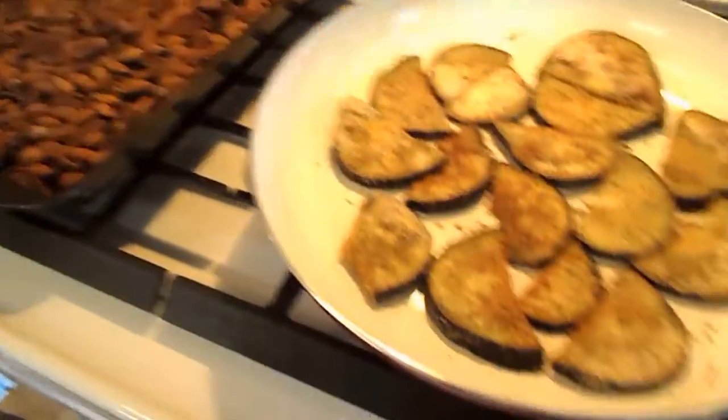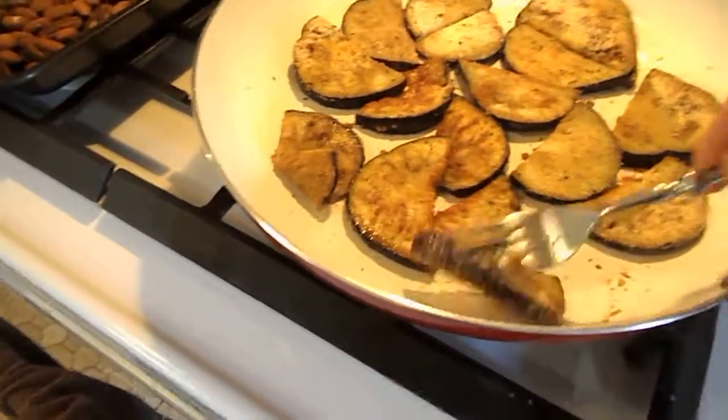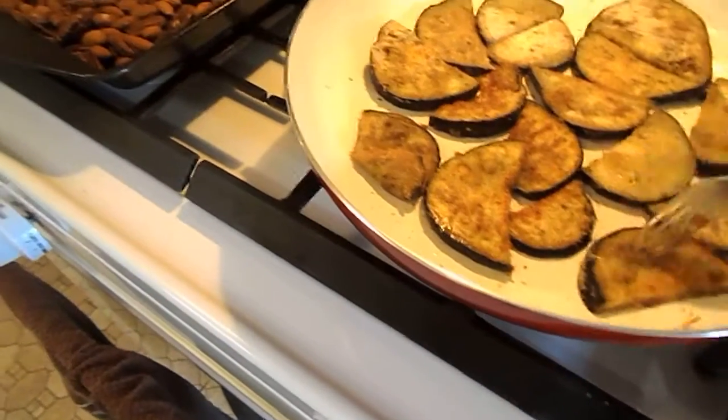Better go back here and check the eggplant. Don't want to burn it. Ooh, looking good. Looking good. Okay. Anyway, back to the